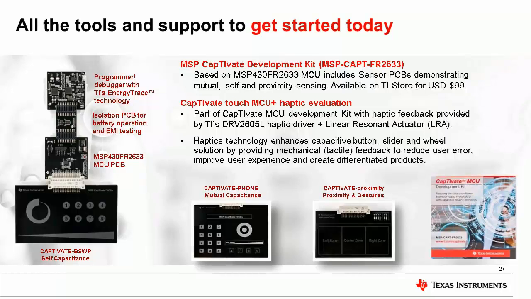Probably the most important piece of collateral we have is our Captivate development kit. And if you go out to the web, you should be able to find this quickly and easily. This is the part number for our Captivate development kit, and you can see a little picture here in the lower right-hand corner. When you buy this kit, it's typically a $99 kit off the web. And you get multiple boards included with this kit, and you quickly download the development center, the Captivate Design GUI, and you can be off and running very quickly and developing with this technology.